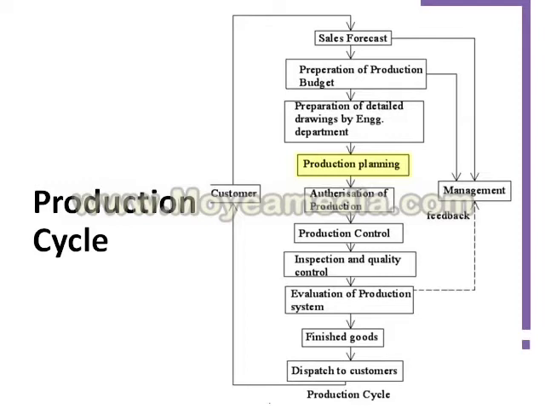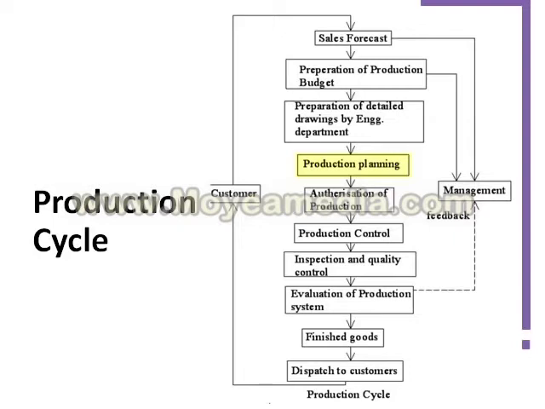to the production cycle. So production cycle simply means all the activities that are involved in launching a product to the market and its feedback. That actually starts with identification of the product, and from there we take it to the production part. So we start with how many products have to be made, that is the sales forecast, then the preparation of